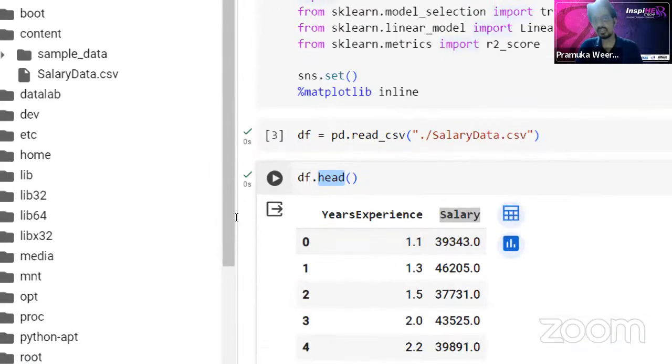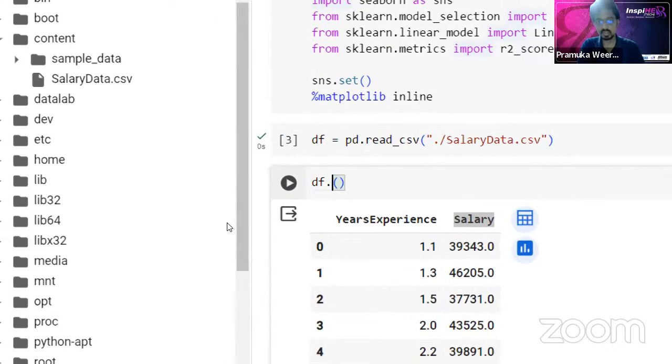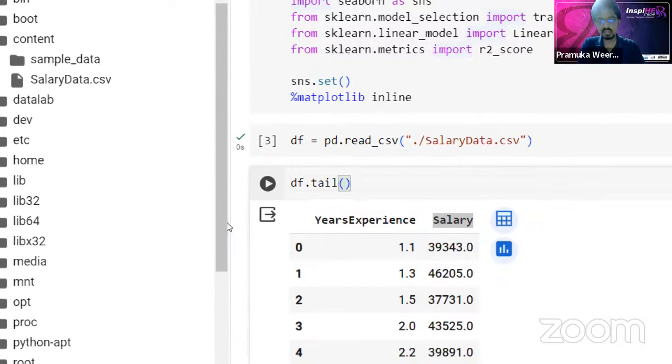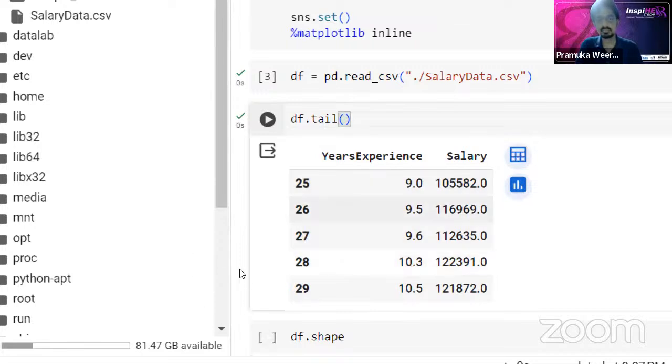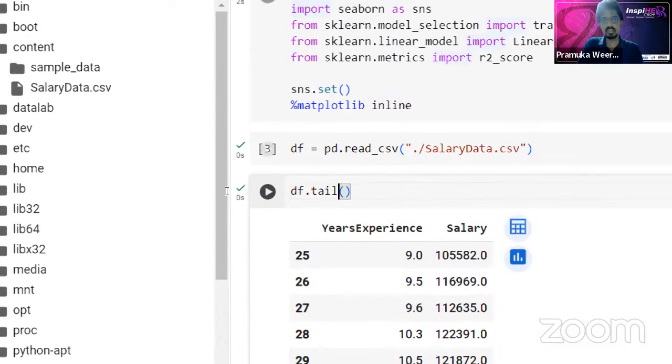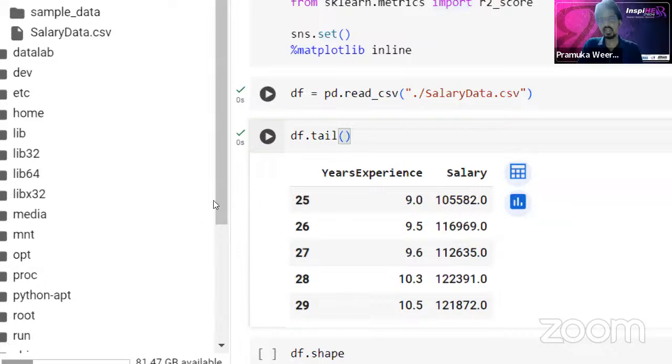If you want the last 5 rows of your data, starting from the end, you can give the tail command, right? So there are different commands in the pandas library. You can go and see. The tail command will give the last 5 rows, right? So you can see the last 5 rows here. This is how you can visualize your data, what kind of data you have in tabular format. So the head and tail commands are used to give the first 5 and the last 5 rows of your data, right? So we first imported the libraries, we loaded our data file, and now we have just